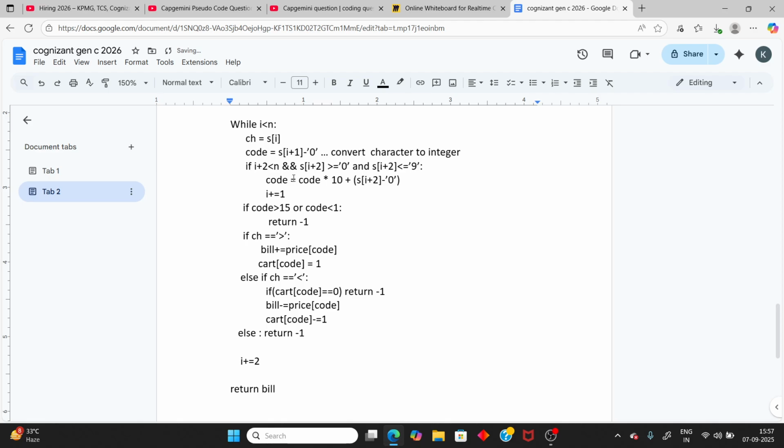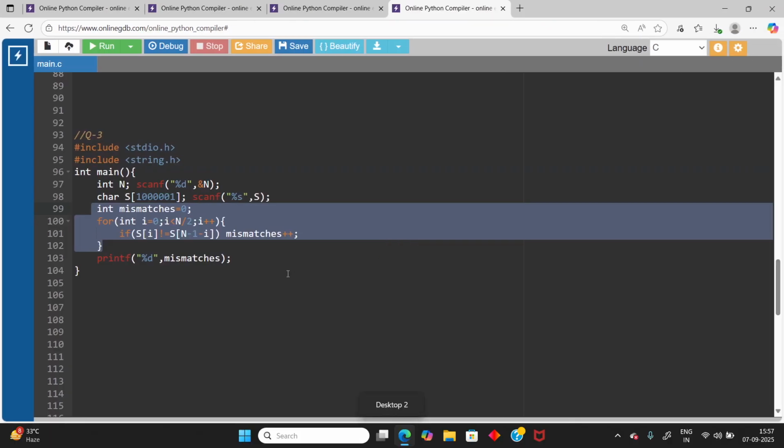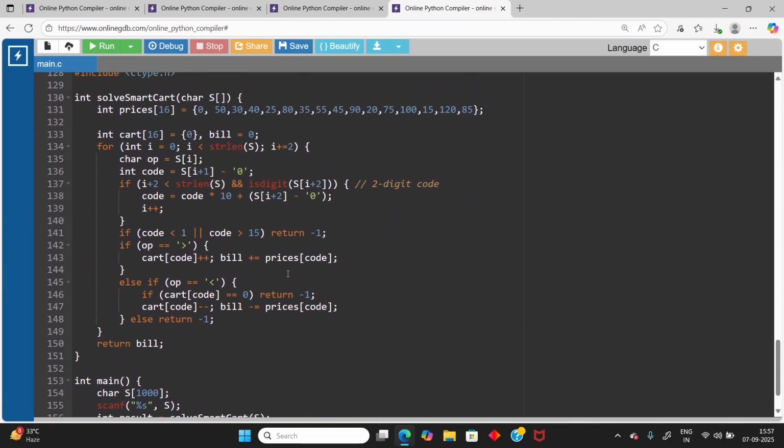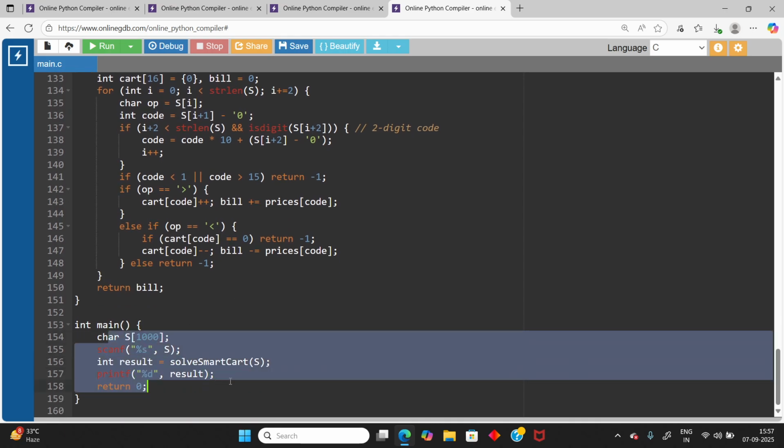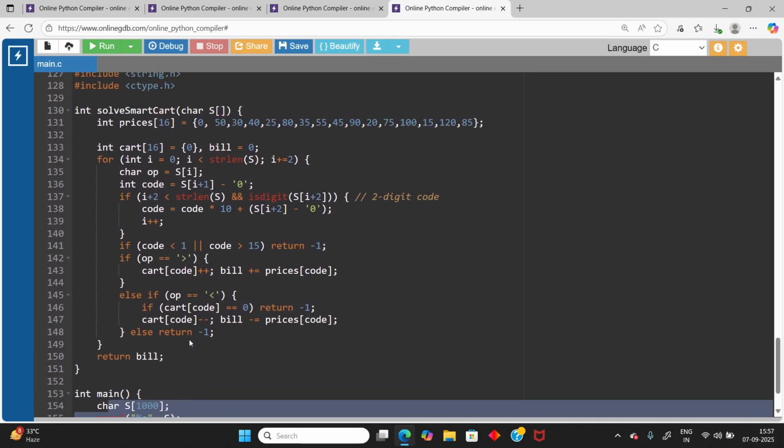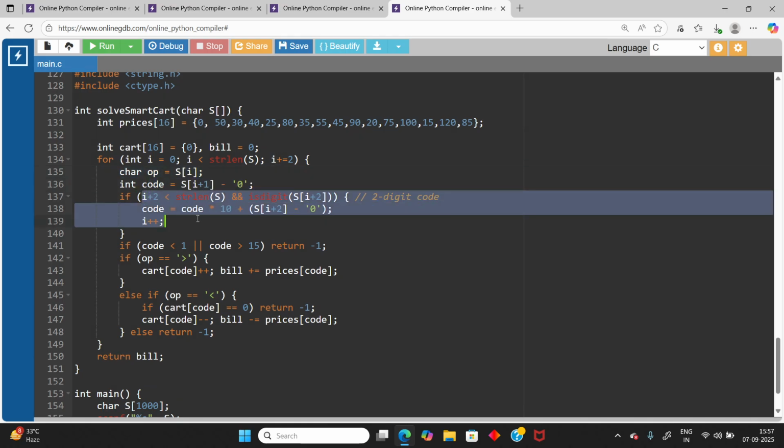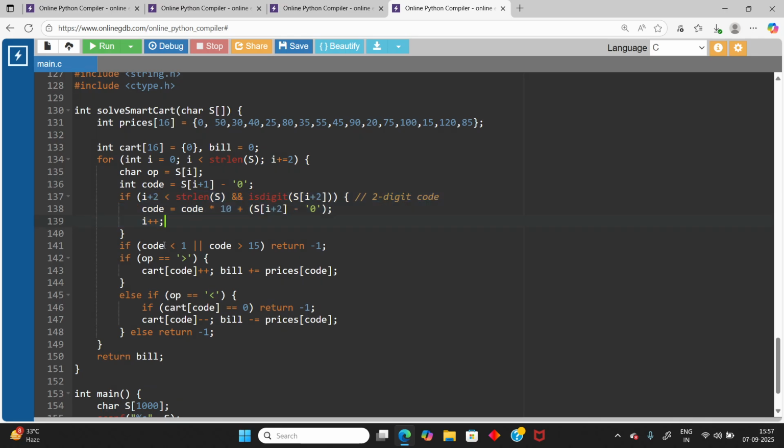So done your answer. So I am showing you the code, it will be better understand for you. And this one C code, so it will take in the function, the input I'm calling the solve smart card, and first I'm taking this price, all the price, and the card, all the value 0, and the bill equal to 0, then first character and the ch1 or operator 1, and then find the code 1 and checking is digit or not, agar digit hua मतलब next character, if 2 digit character hua,